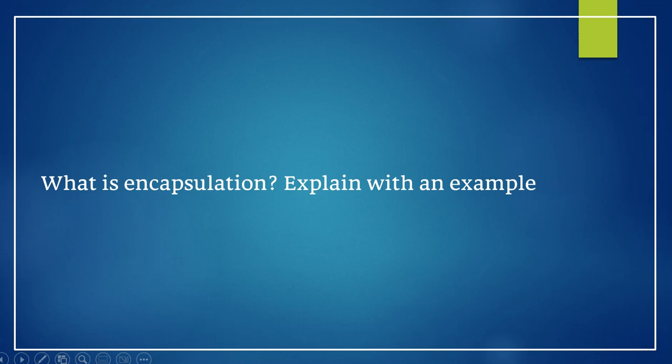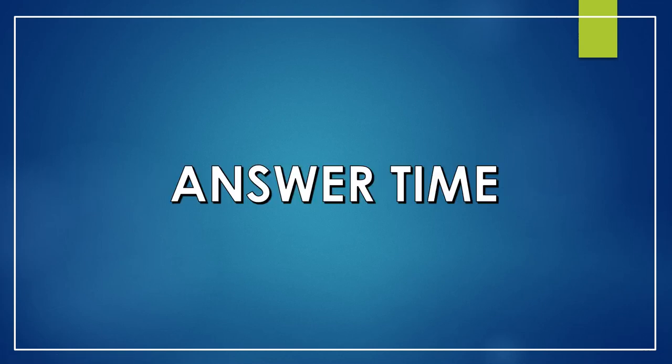What is encapsulation? Explain with an example. Encapsulation is a property by which the data and the methods within a class are secured. How does it happen? You use private variables for the data that you want to protect, and you allow access to those private variables only through getter and setter methods. So if you want to set a value for a particular variable, it has to be set only through the setter methods. These methods are public methods, and you would do any checks you want to make before you update